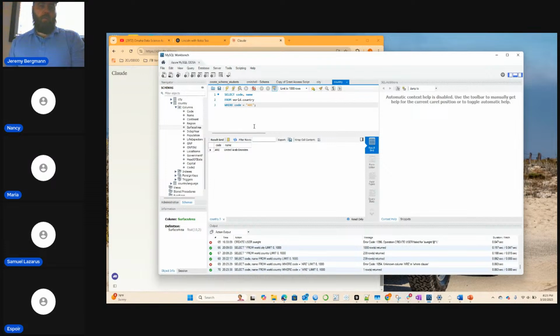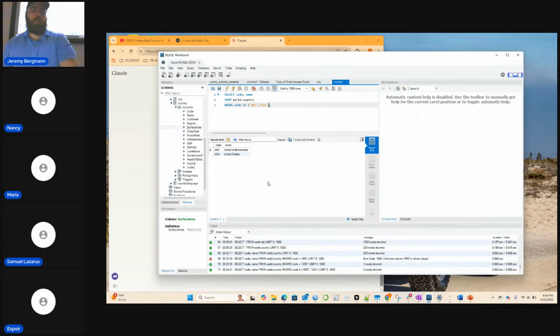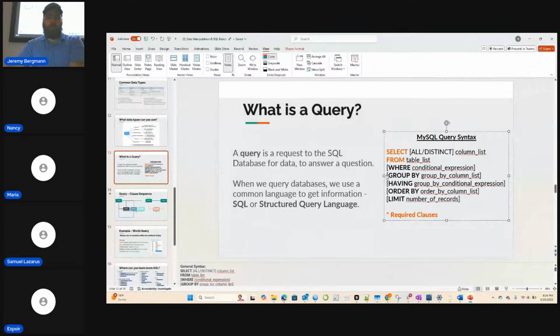I put those in double quotes, and it just gives us one record. You could also do something like an in. So if the code is in that list, if it's either one of those, return the value. Now it returns United Arab Emirates and then United States. There are a bunch of different ways you can do the where clauses, which we'll look at throughout the class.